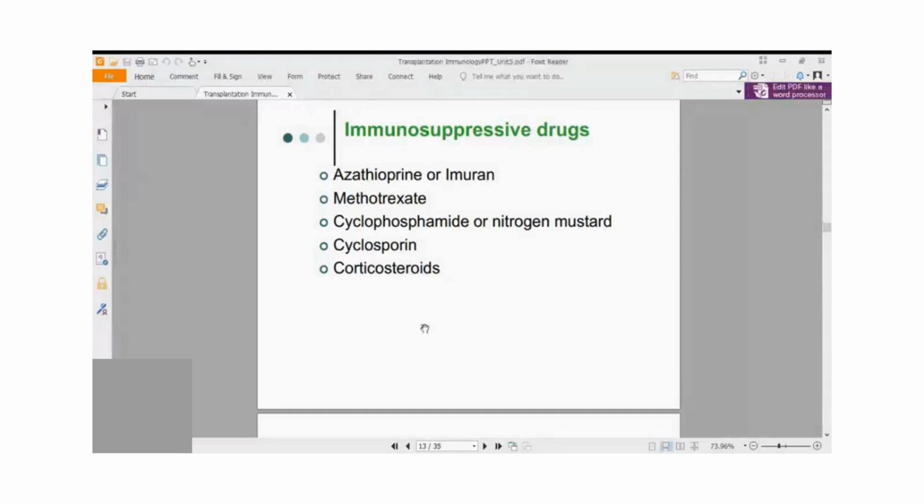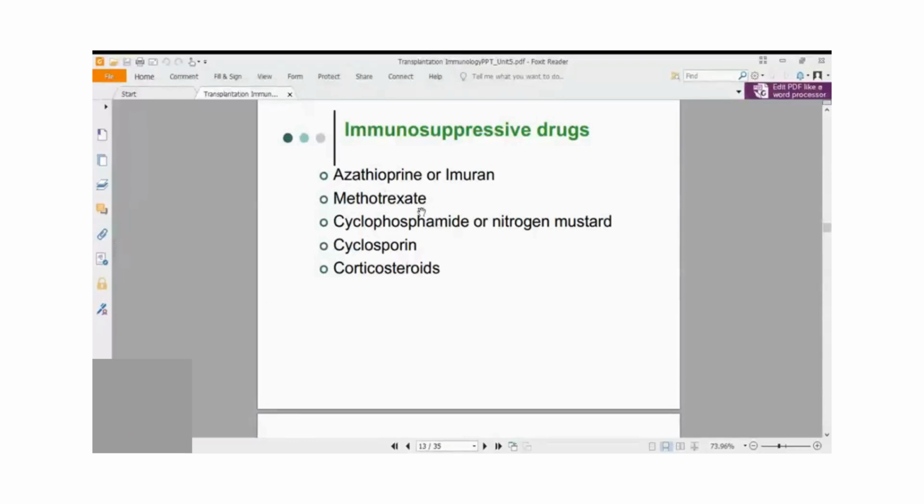Today, we'll discuss the immunosuppressive drugs and their side effects, but still, it is inevitable that they have to be used to protect the graft from getting rejected. And these are the commonly used immunosuppressive drugs. That is azathioprine, which has a trade name called Imuran,